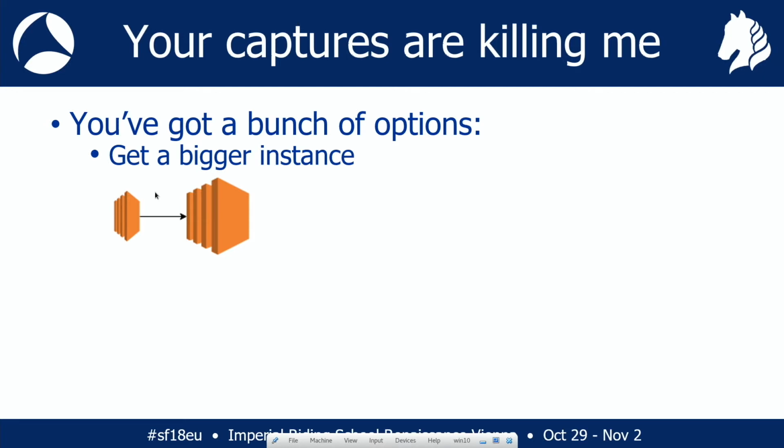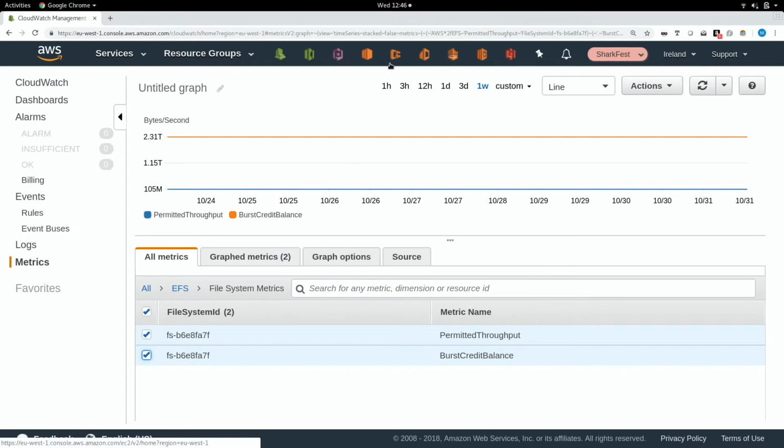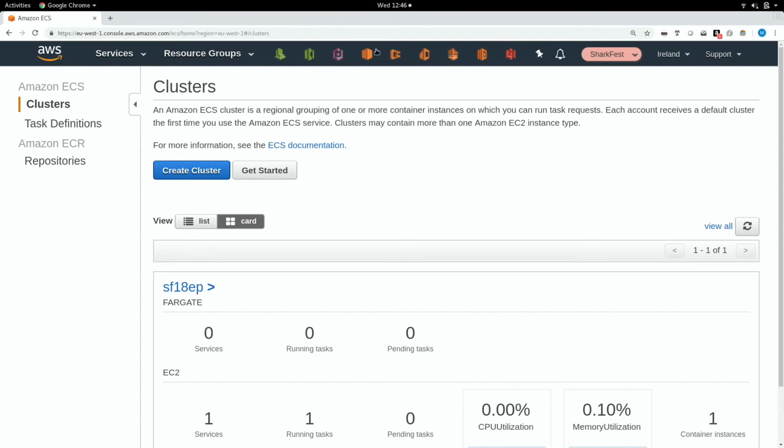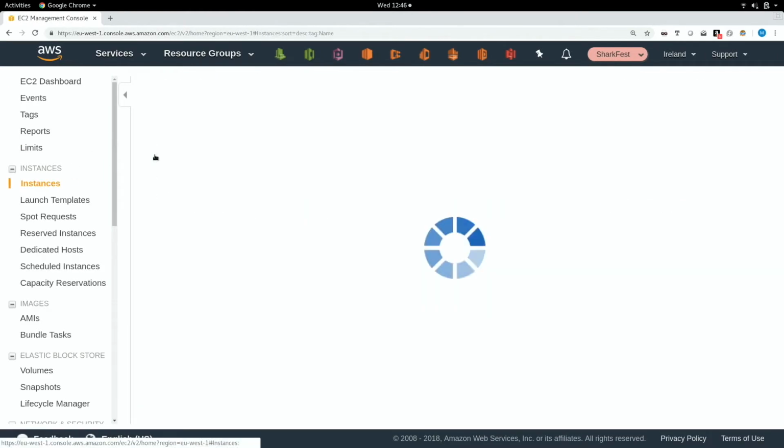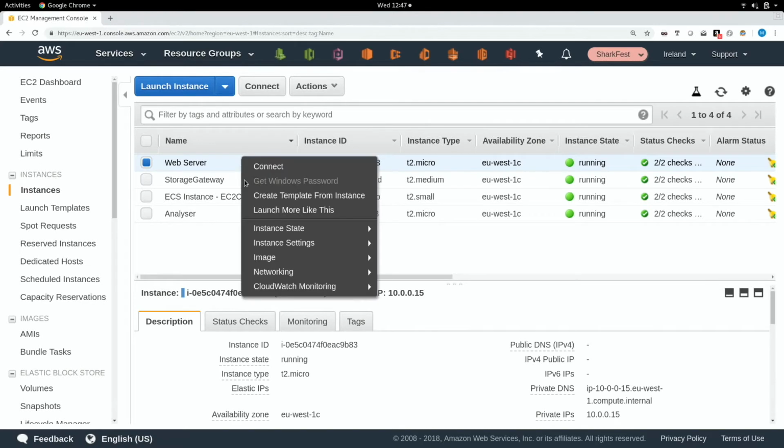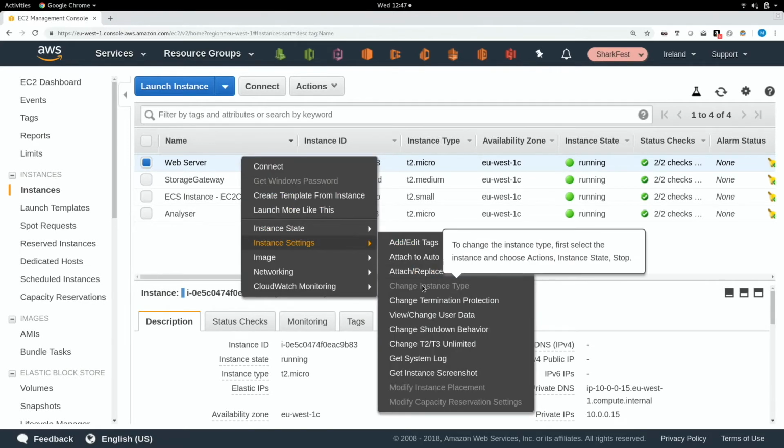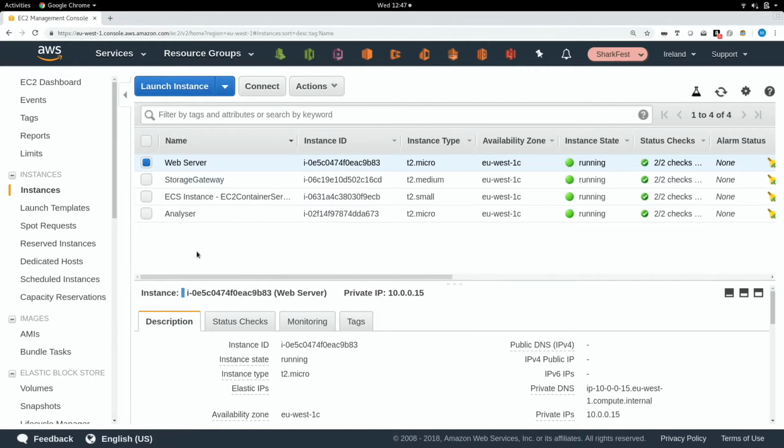It goes back to this point that monitoring and support is a strategy. It's not something you retrospectively want to add into your application platforms. It's something you want to do up front. So that's the simplest option: get a bigger instance. Nice and easy. Even if we wanted to do that, it's a point and click thing, really. Looking back at our instances, I can shut down an instance, and I can change the instance type. This instance isn't running, so I can't do it at the moment, but bang, give it more CPU. All those simple things make life really easy in this environment.